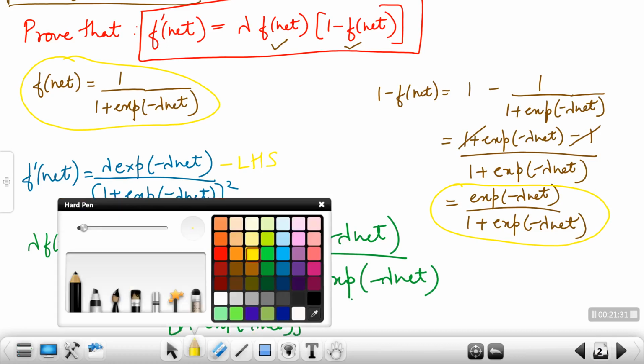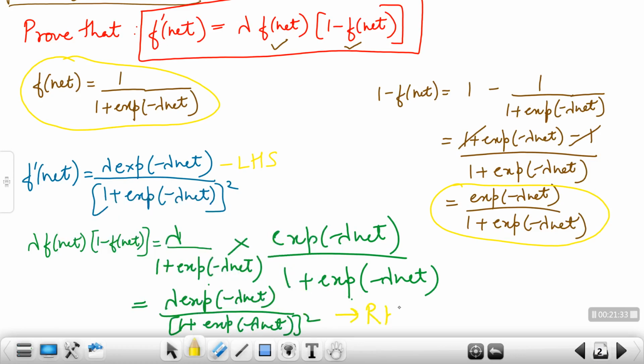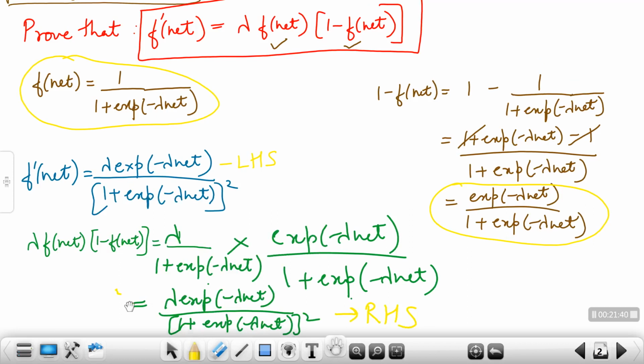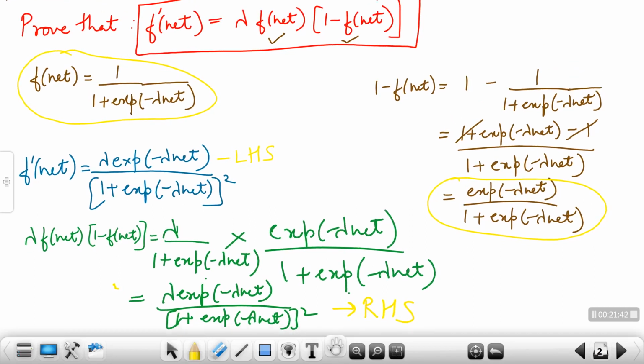Square. And what is this? This is nothing but the right hand side. So from this you can come to know that LHS is equal to RHS, and that is the reason it is proved. So finally we have been able to prove this particular statement. So now next,